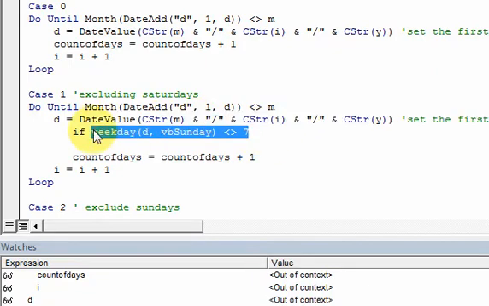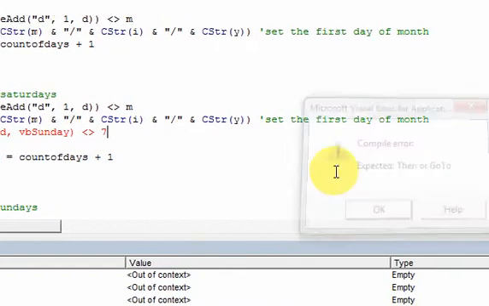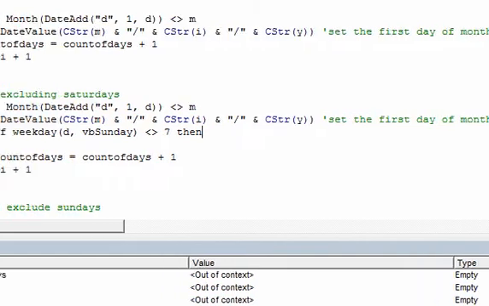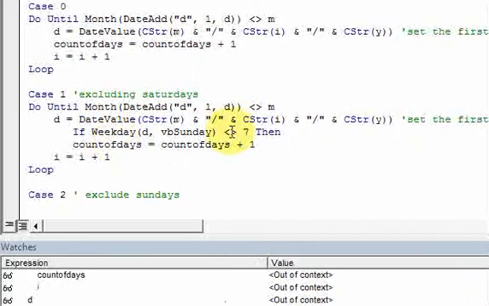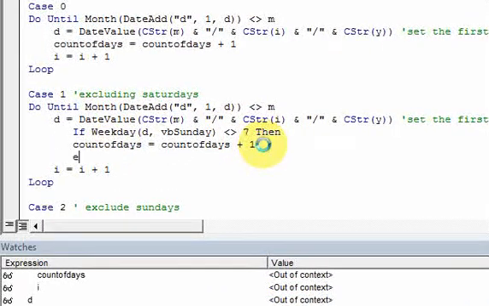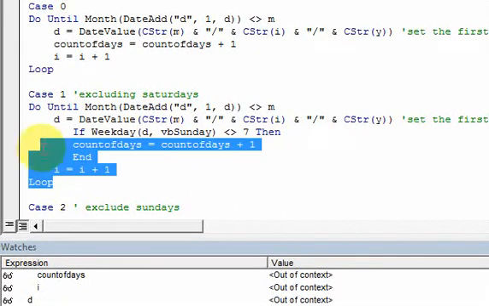I'm saying if the weekday is anything but 7, and 7 is the value returned from this function weekday, then I don't want to count these days. So that's what this is doing. So then I do then. If it's not Saturday, then you can count the days, and then I just end. And I do the same thing down here. I just copy this statement,